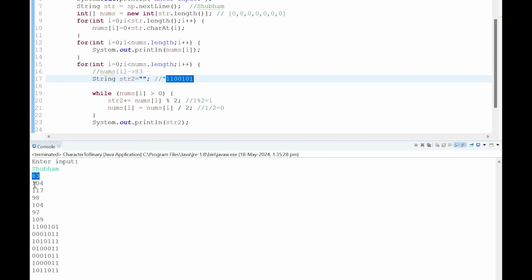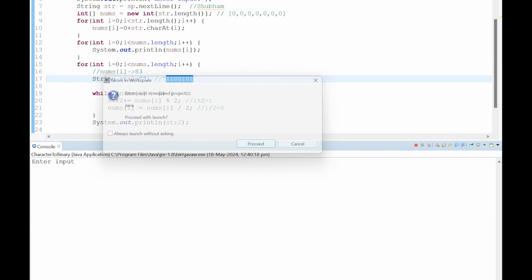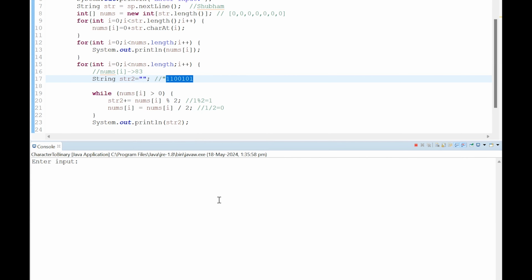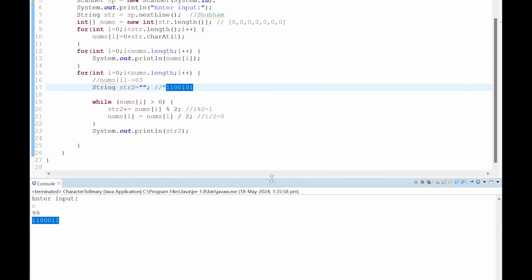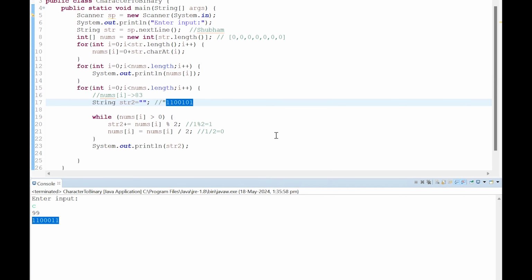Like that, the ASCII decimal value of H is 104, and its binary format is 0001011. Let's do it with another character. Let's take one character only. C has decimal value 91 and its binary format is 11000011.